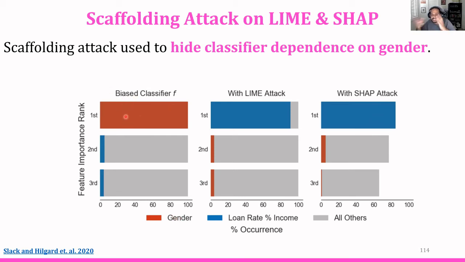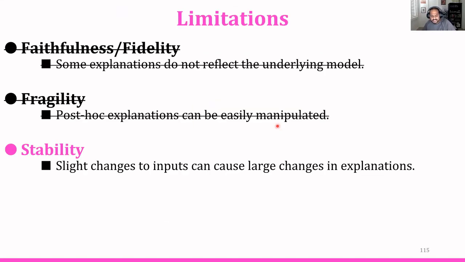And you can change it so that LIME and SHAP, as implemented, basically hide that feature as not being the most important one. They pick some other feature and show that that's important. So you can effectively hide these problems. There are problems with stability as well,